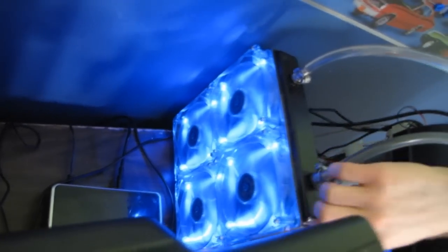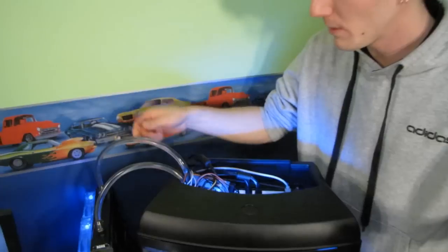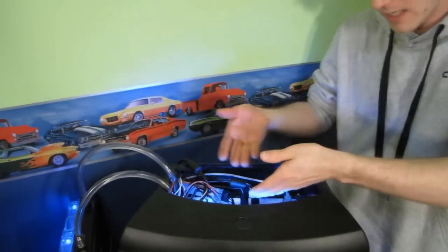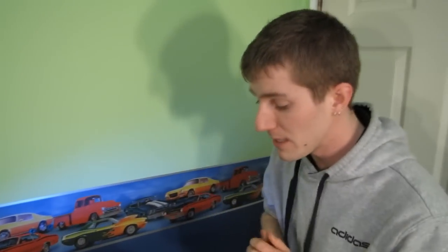So what he's done is he's used a quadruple, a 4x120 millimeter ghetto sauce radiator, although it is a thick radiator, so in terms of performance it's going to be darn close to something like a Thermochill quadruple radiator. He's got 3/8" tubing, which by the way is very stiff. The mineral oil has some interesting effects on your hardware, including stiffening up cables. It creeps its way up, so it'll stiffen cables, stiffen tubing, and it can be a bit of a